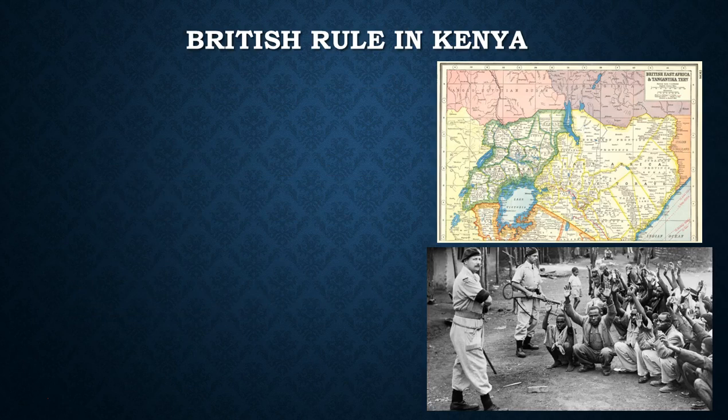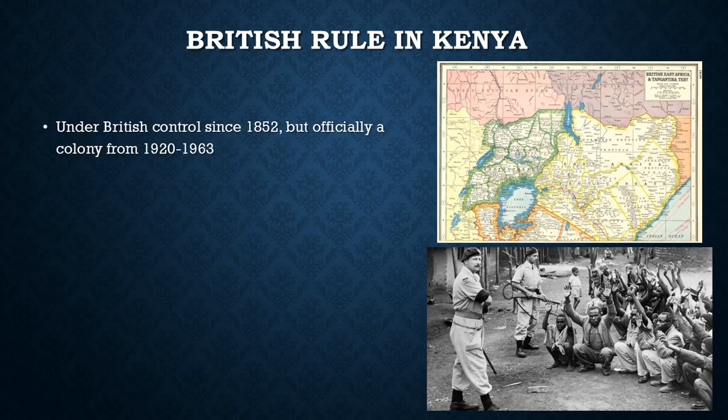So to compare and contrast two British colonies, we're going to talk about British rule in Kenya. Kenya was under British control since 1852, around the same time as Ghana, but only officially a colony from 1920 until 1963. Our next unit is about World War I, which starts in 1914. So you can see, imperialism is still going on